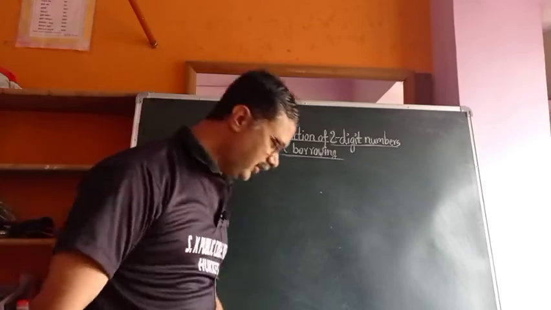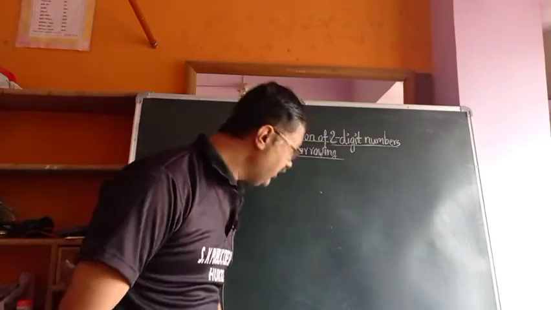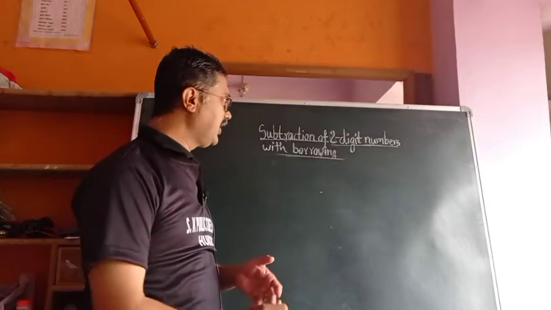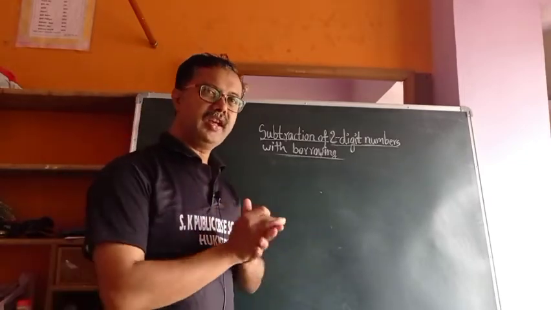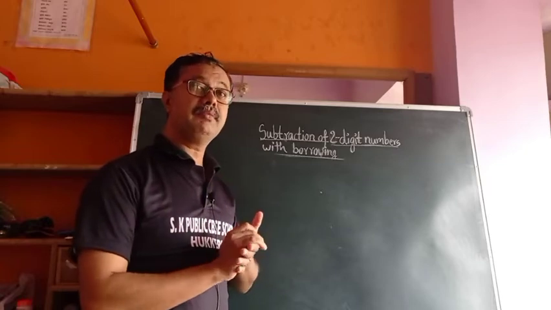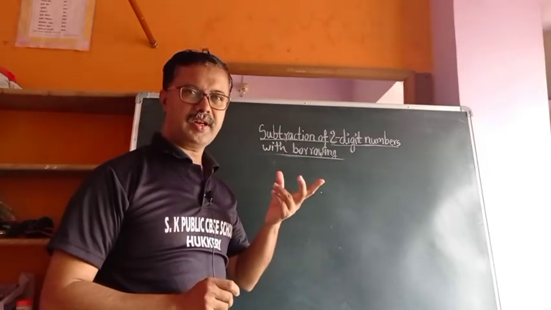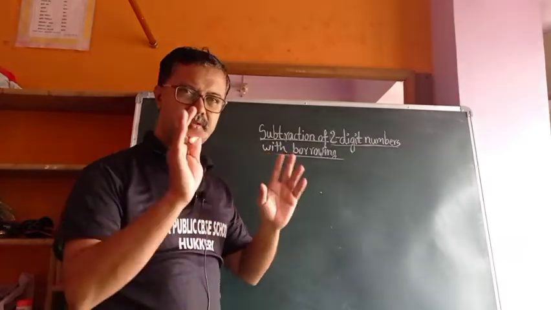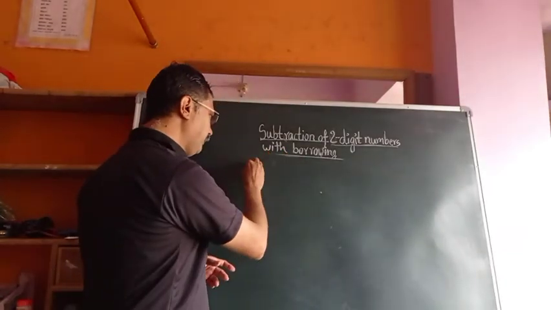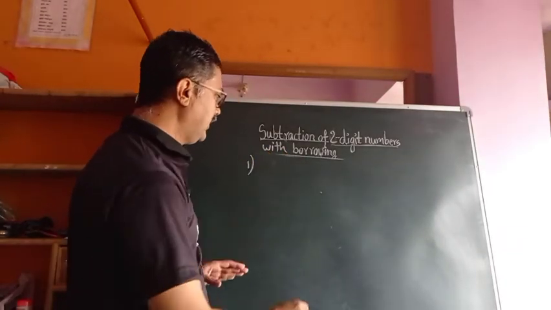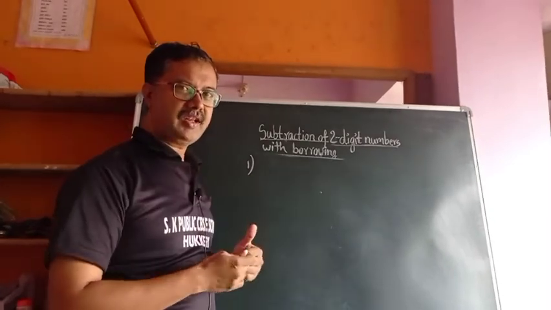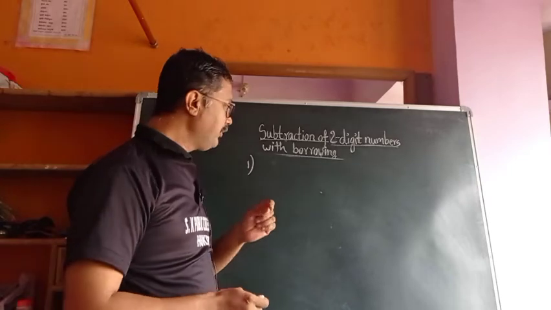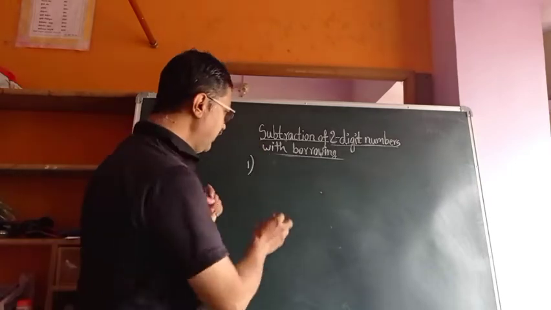Welcome once again. Now we will start with the next session, that is subtraction of two-digit numbers with borrowing. In that one, when zero will come, at that time how to subtract and how to borrow those numbers. That's a simple thing. As usual, first I'll solve the previous class problem, the same problem, once again I explain.